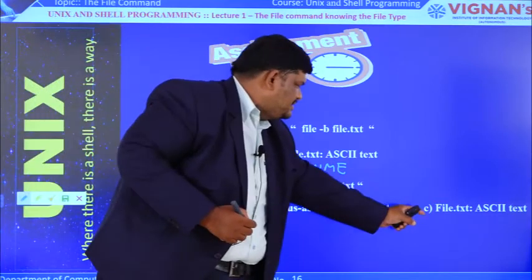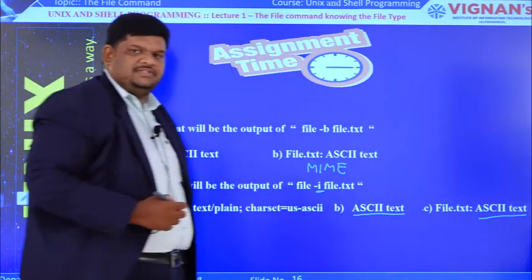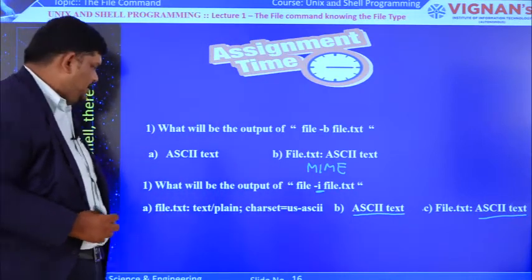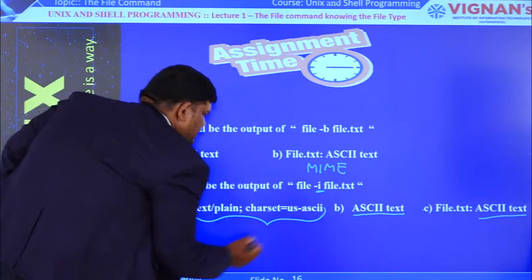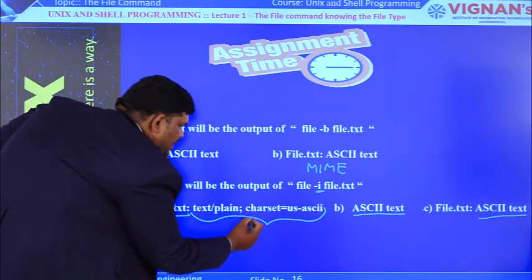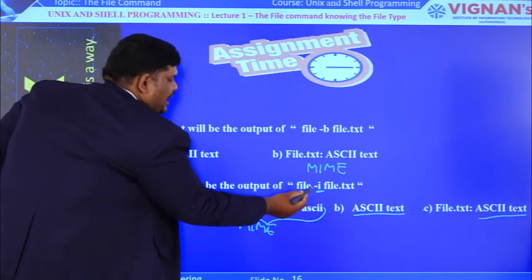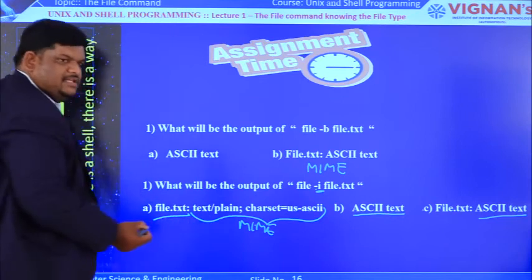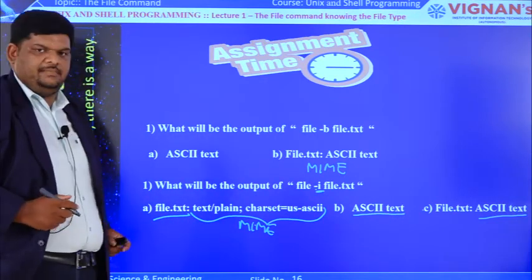And if you observe option C, this one also is in ASCII text, so option C is also not correct. If you observe option A, the file name, and next this is in character set way, that means this is the Internet Standard Format, which is nothing but MIME format. So if you give the option I, the output will be presented in this way, that means MIME format. So the answer is A.